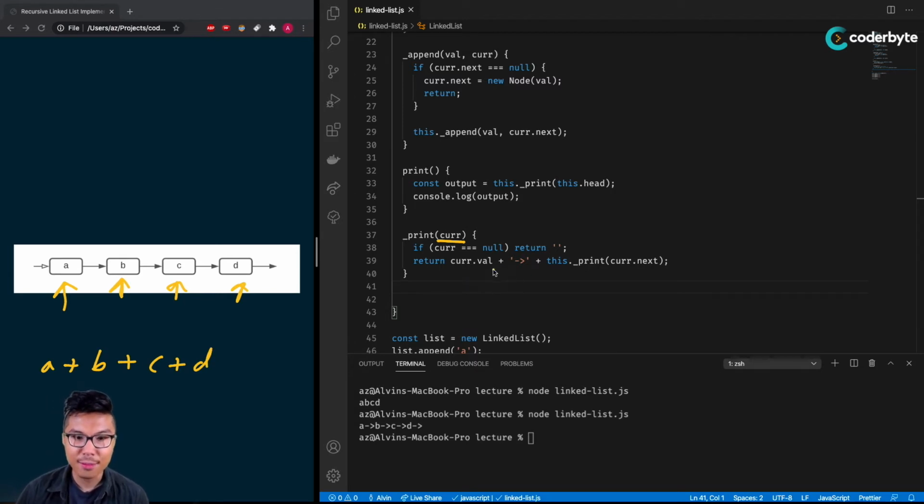So let's say I'm at the frame where D is cur. I know that's not the base case yet because the D node is not equal to null, right? So I must return D plus some other value. So I'm returning D plus the return value of this dot print on D's next. Well, D's next is null, right? There's nothing over here. And so the final recursive call just returns the empty string, which I'll kind of jot